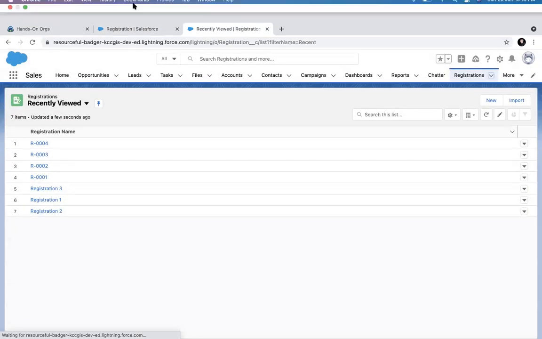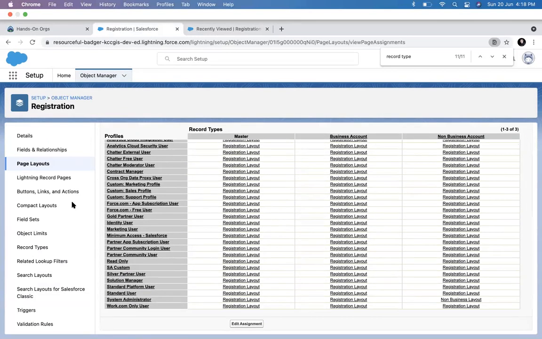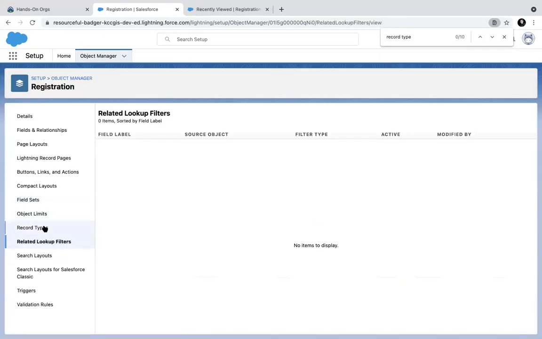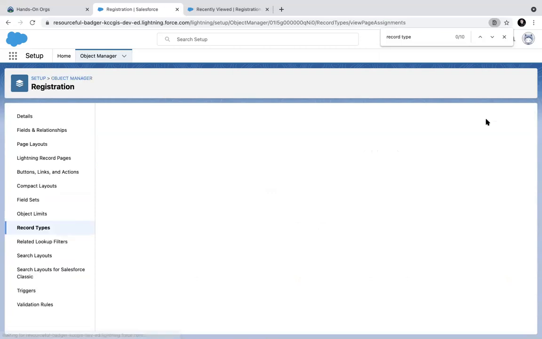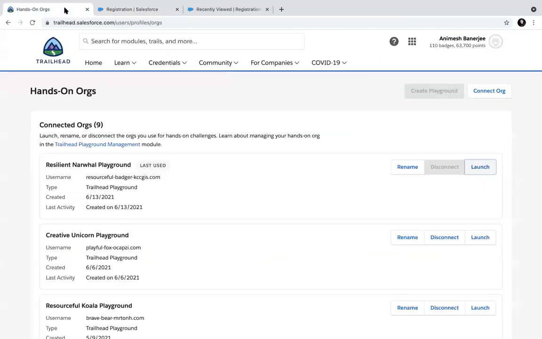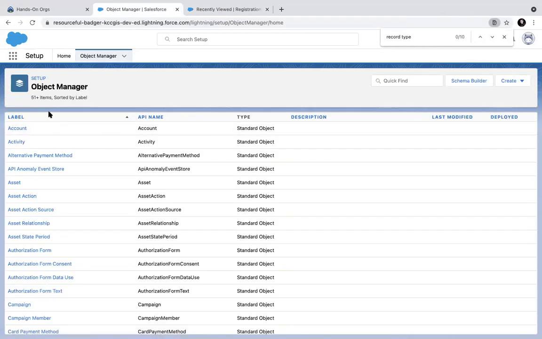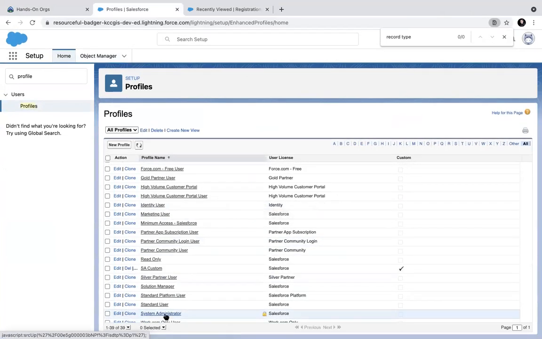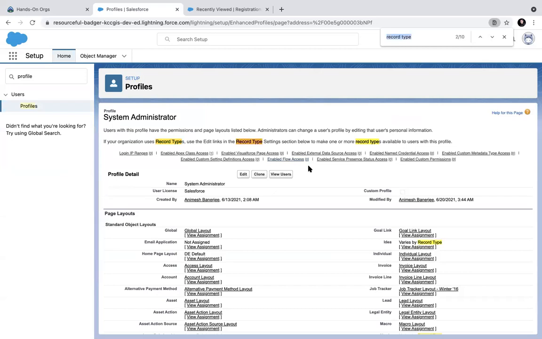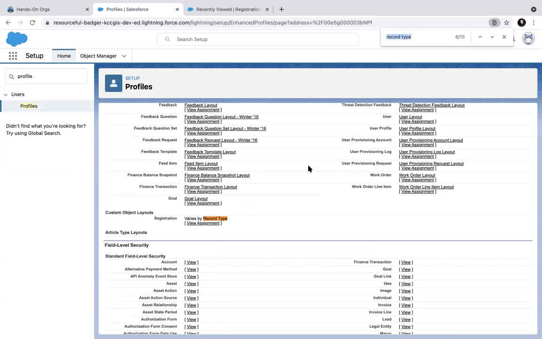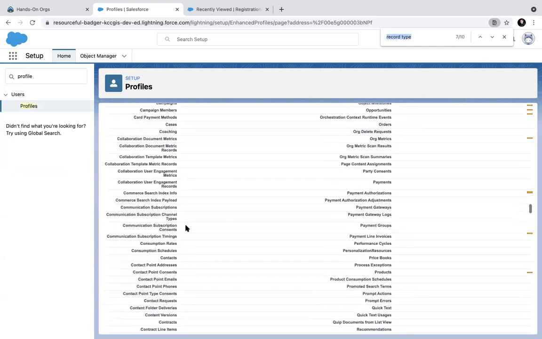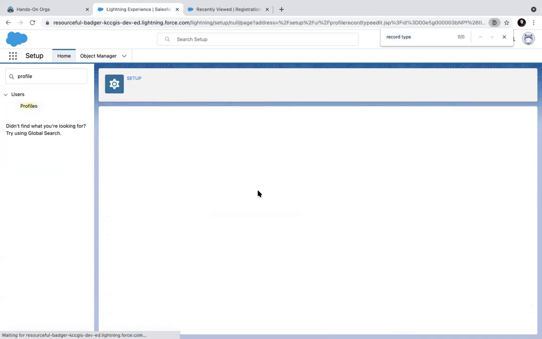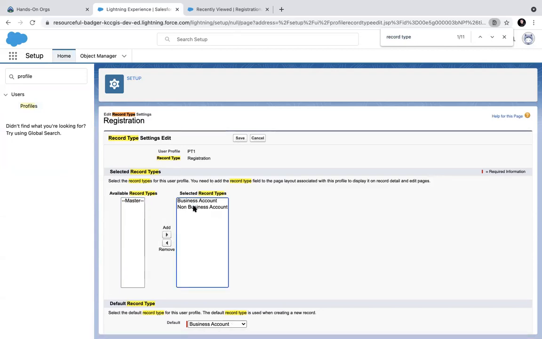Now let's switch on the default also. I select both the record type on this profile.